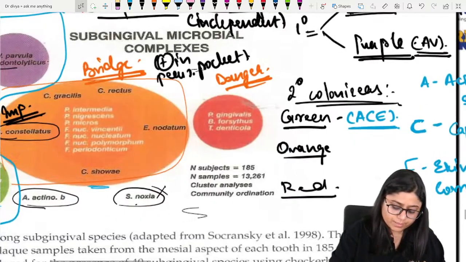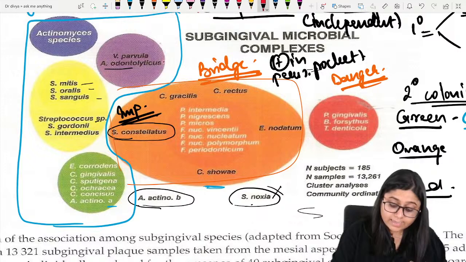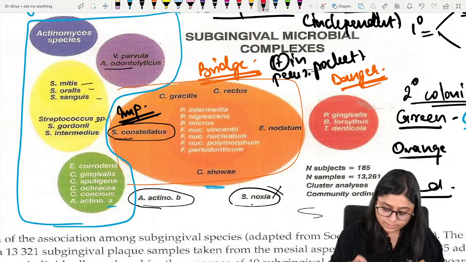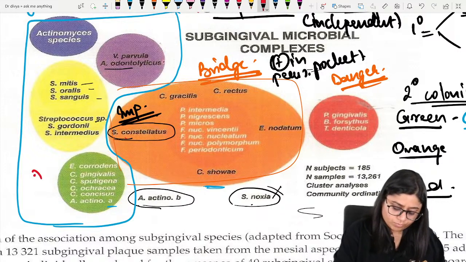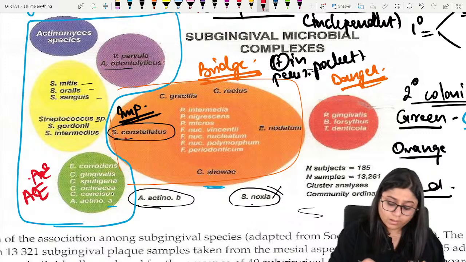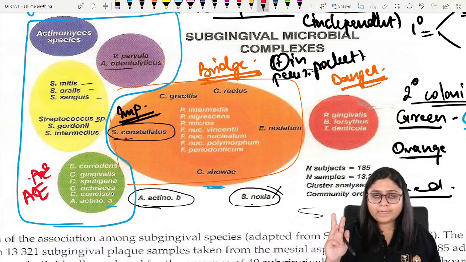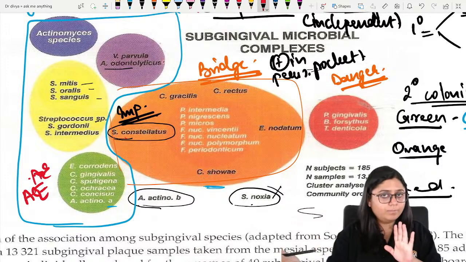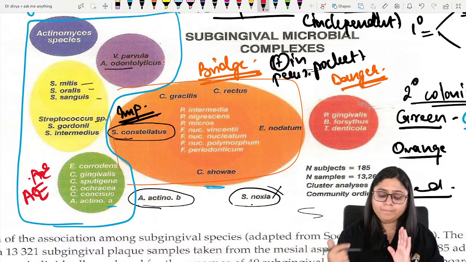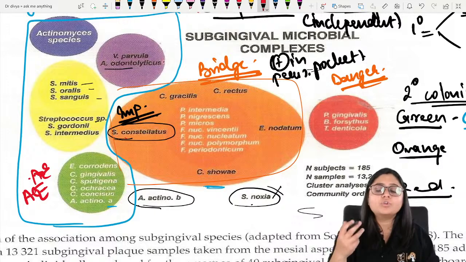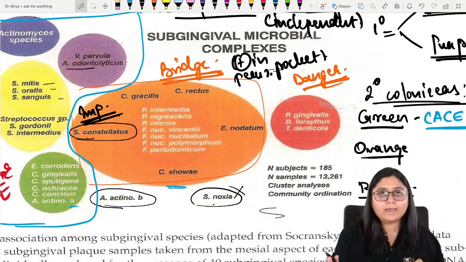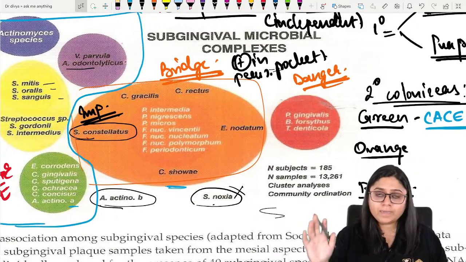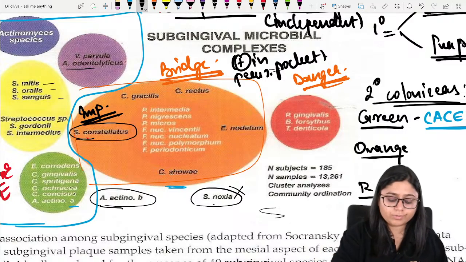Here you need to remember the exception, the Streptococcus constellatus. Here you need to remember the mnemonic ACE. In bridging bacteria, the three bacteria species you need to remember are Prevotella intermedia, easy to remember, Prevotella is related to pregnancy, then Campylobacter rectus and Fusobacterium nucleatum. And the danger bacteria or red complex, I think it is much easier for you all now to remember.